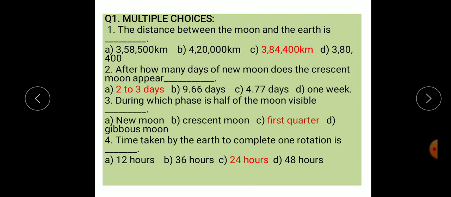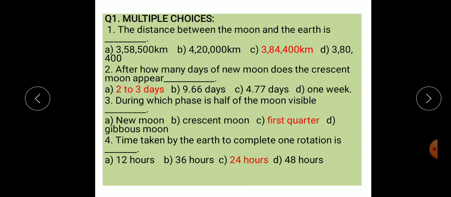And option D, 3,80,400 kilometer. The correct option is 3,84,400 kilometer. The distance between the moon and the earth is 3,84,400 kilometer.